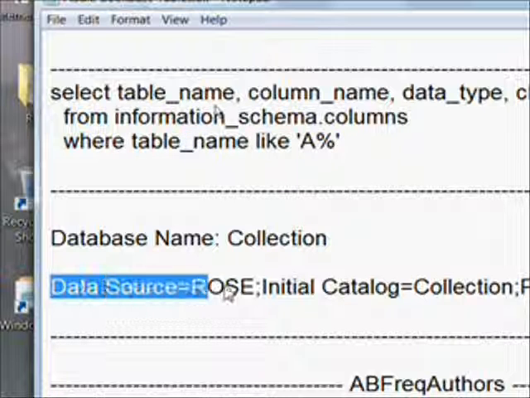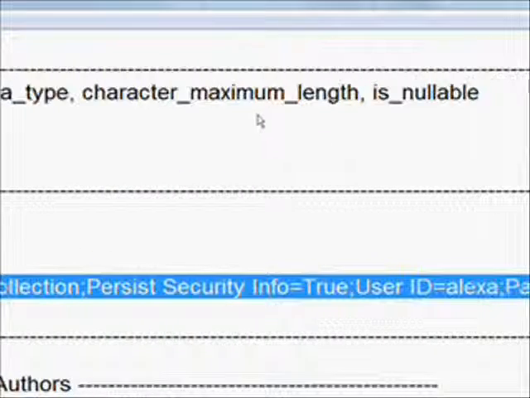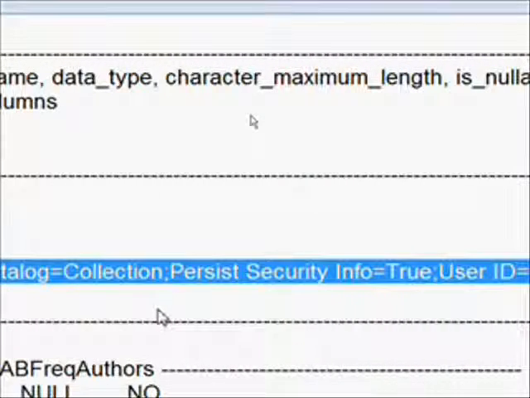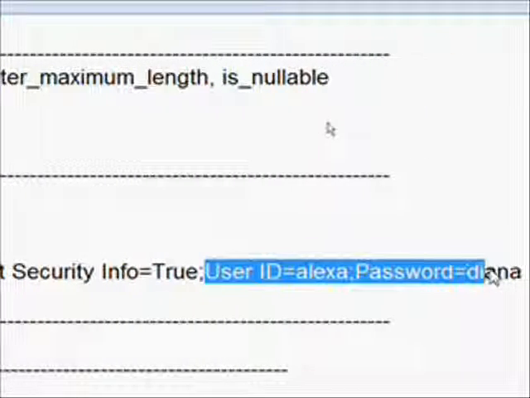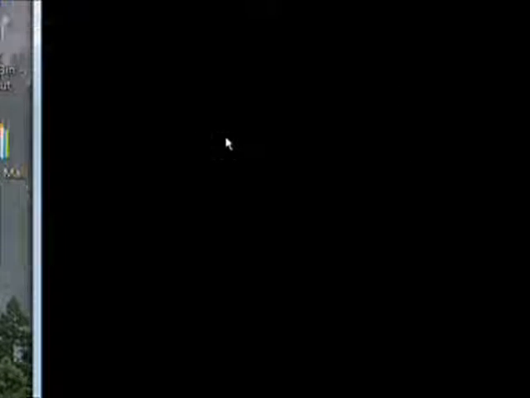And this is the connection string, which actually I just took previous connection strings and modified them in order to access the tables we want to access. And I created a user with limited access that can only access those tables for security reasons, and a user ID of Alexa, password of Anna. In order to find notice the first trick I use is the navigation shortcut of TR, which takes me